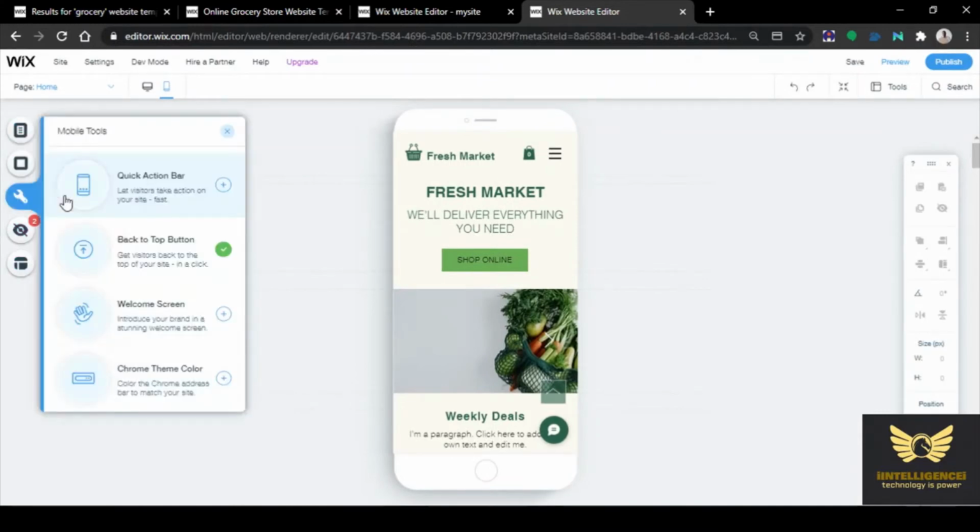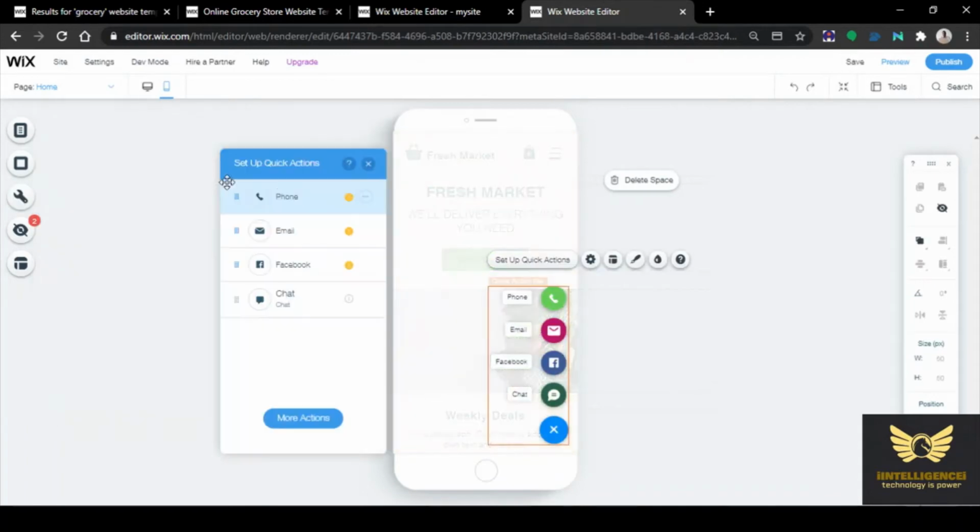Click mobile tools. Click quick action bar. Now this is the quick action bar setting. You can give the phone number. Click setup.